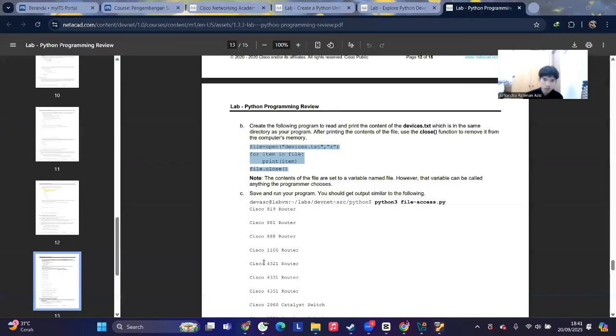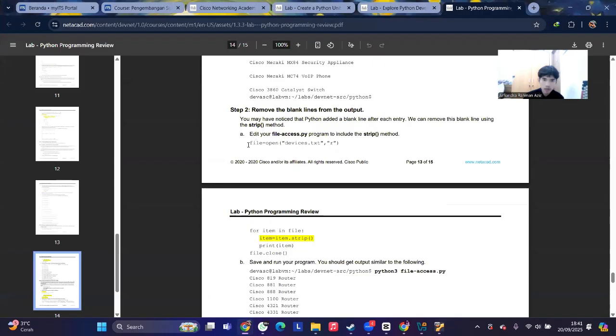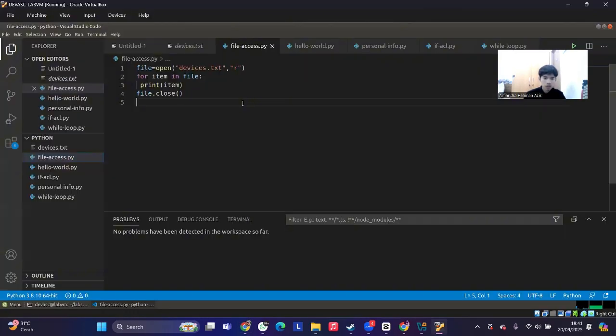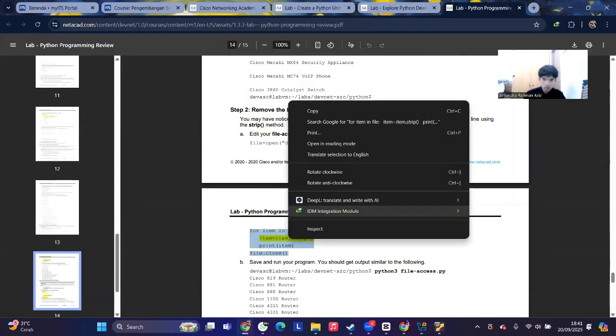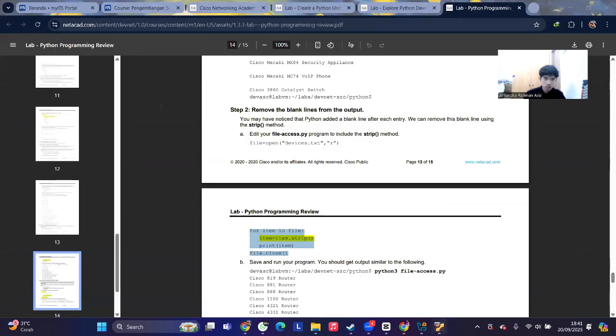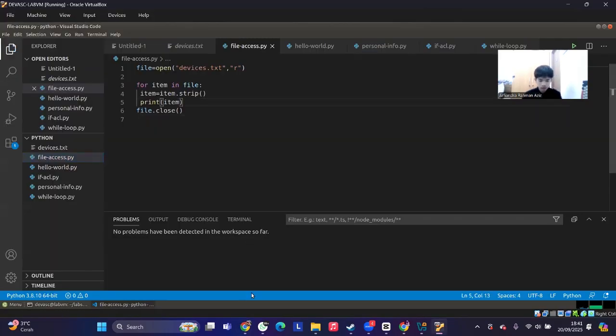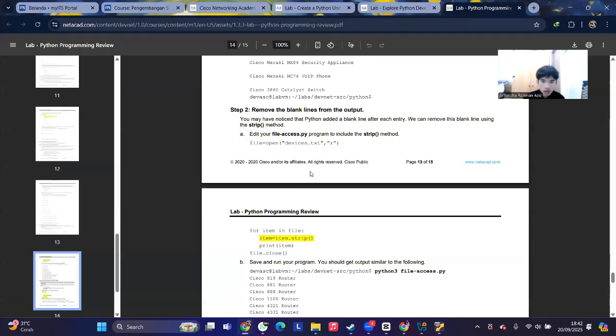Okay, next one, I will remove the blank line from the output. So I will copy this one. Control S to save it. Wait a second. Okay, sorry.